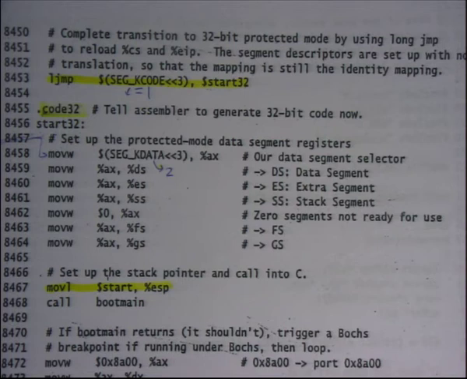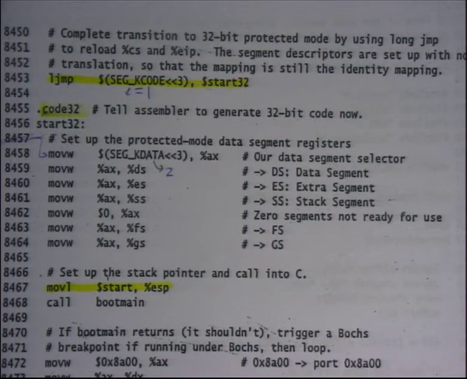Okay. All right. So at this point I have loaded the code segment and I have loaded the EIP, and I have moved into 32-bit mode. The moment I have loaded the new code segment, I have declared that I am executing in 32-bit mode, and that's why this particular directive here, code32, is telling the assembler to interpret all the next instructions as 32-bit instructions. Okay. And now the first thing you do is load all the segment registers with KDATA.